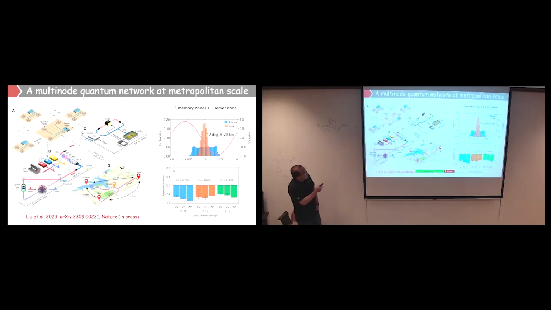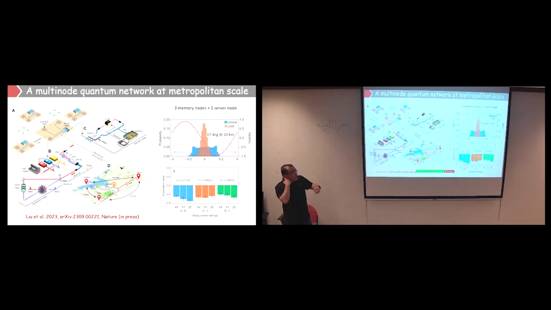Very recently, we put it in Hefei city. We have Alice, Bob, and Charlie with a server. There are three cold atom ensembles, and we can build the entanglement between each node. You will see this paper soon in Nature. What we are doing is just providing enough frequency converters for them. That's the basic thing here. So I can say this is probably the first metropolitan quantum repeater with quantum memory.